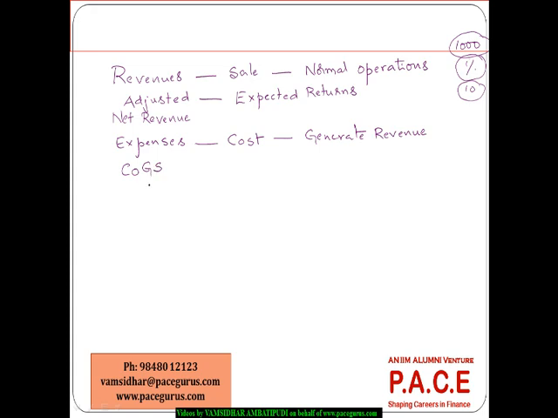Broader cost of goods sold, direct costs that are associated with the goods that got sold, any other operating expenses that are there, administration, selling, marketing, all these things, any financial expenses that are more associated with interest payments on the loans taken, and any other taxes, all these things go as a part of the various expenses. And all these expenses in the income statement, they can be grouped